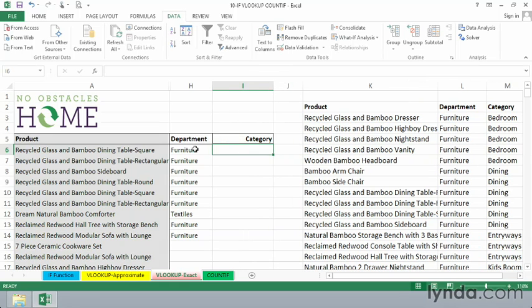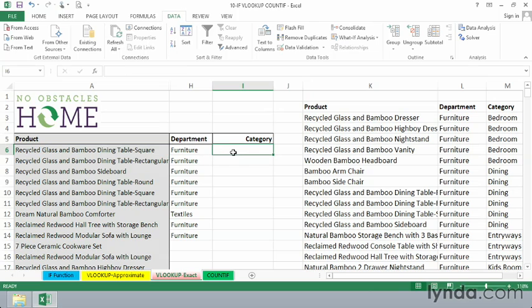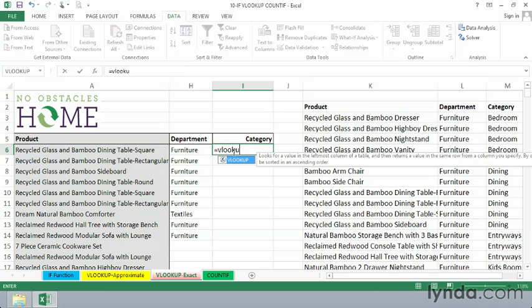Now, in a strict sense, going back to what we did in column H, we didn't really have to refer to column M there, but it didn't hurt. Nothing wrong with it. We could have used L just as easily because we're only referring to the second column anyway. In column I here, this time we'll simply type it: vlookup